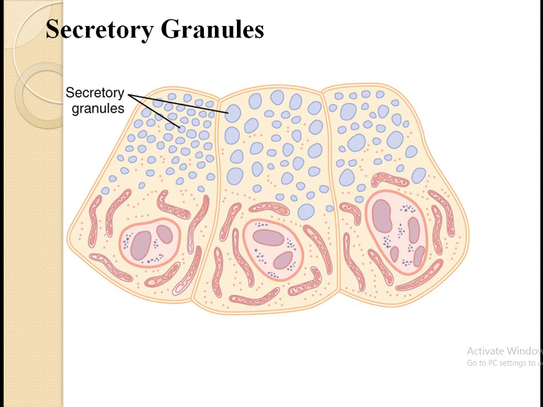The next thing is the secretory vesicles. You can see these are the different vesicles, and they are named as the secretory vesicles. One of the important functions of many cells is secretion of special chemical substances. Almost all such secretory substances are formed by the endoplasmic reticulum and Golgi apparatus system, and are then released from the Golgi apparatus into the cytoplasm in the form of storage vesicles named as secretory granules or secretory vesicles.